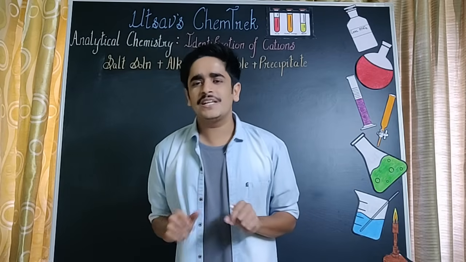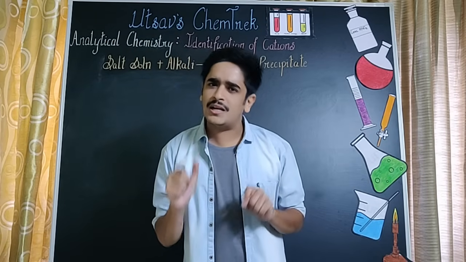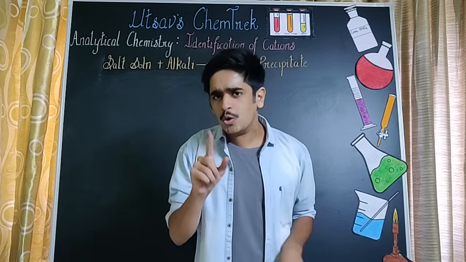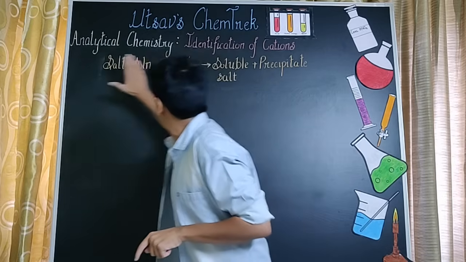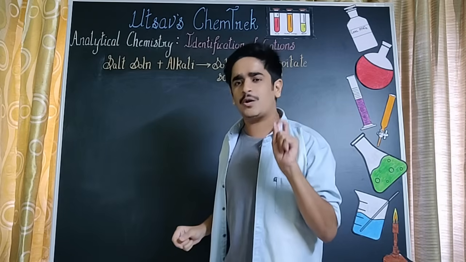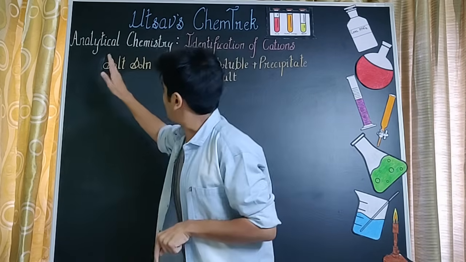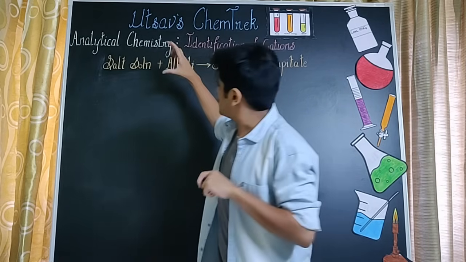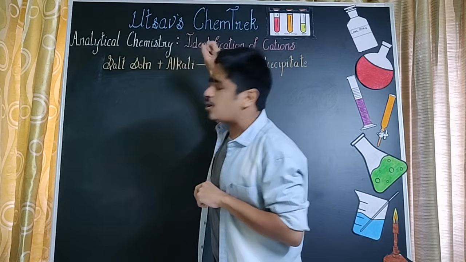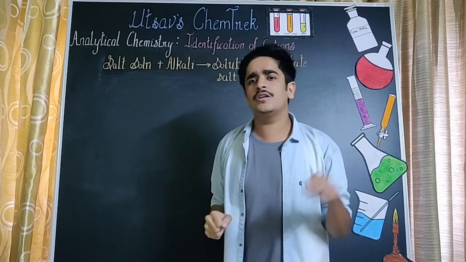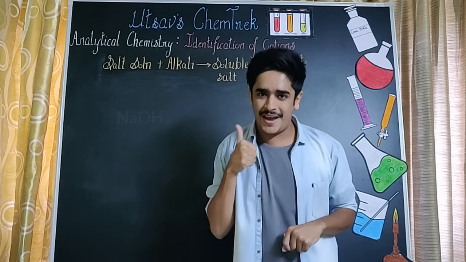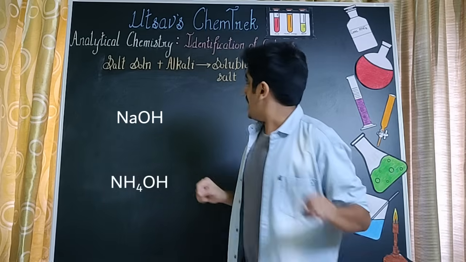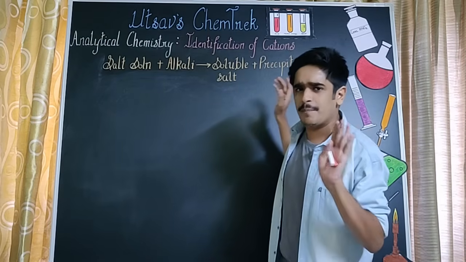So chemical equations लिखने से पहले इस चैप्टर की थियोरी पे हल्का सा ध्यान देते हैं. Every single equation that we write onto the board is going to follow the general equation that we have already written for you all. We are going to start with something that we call a metallic salt solution, and to that metallic salt solution we are supposed to add a small amount of alkali. The alkali over here can be of a total of two types. Either it can be sodium hydroxide given by the formula NaOH or ammonium hydroxide which is given by the formula NH4OH.